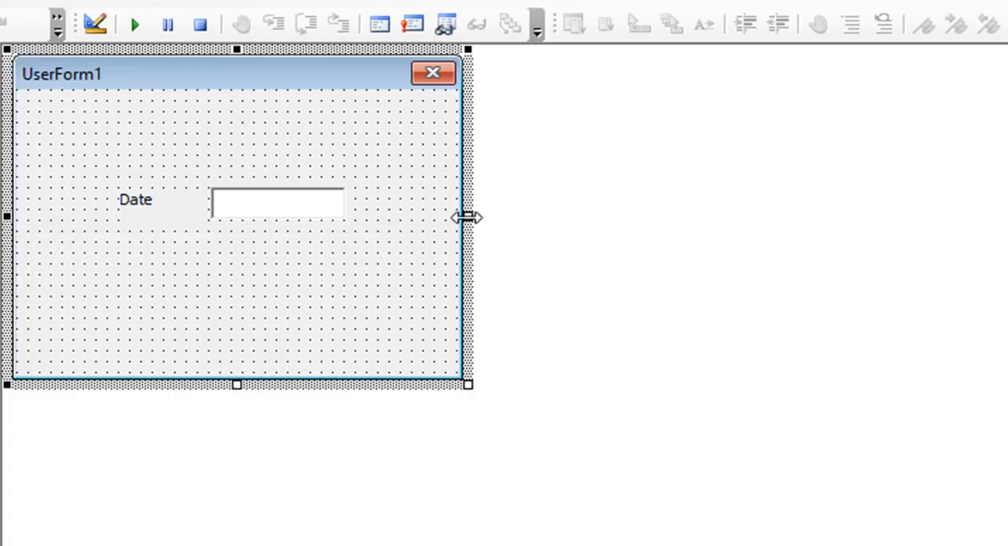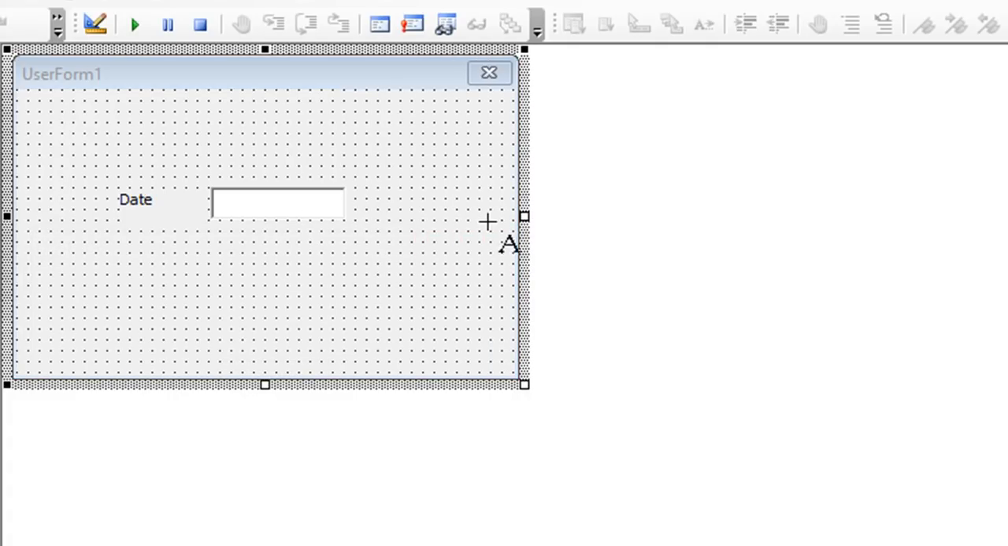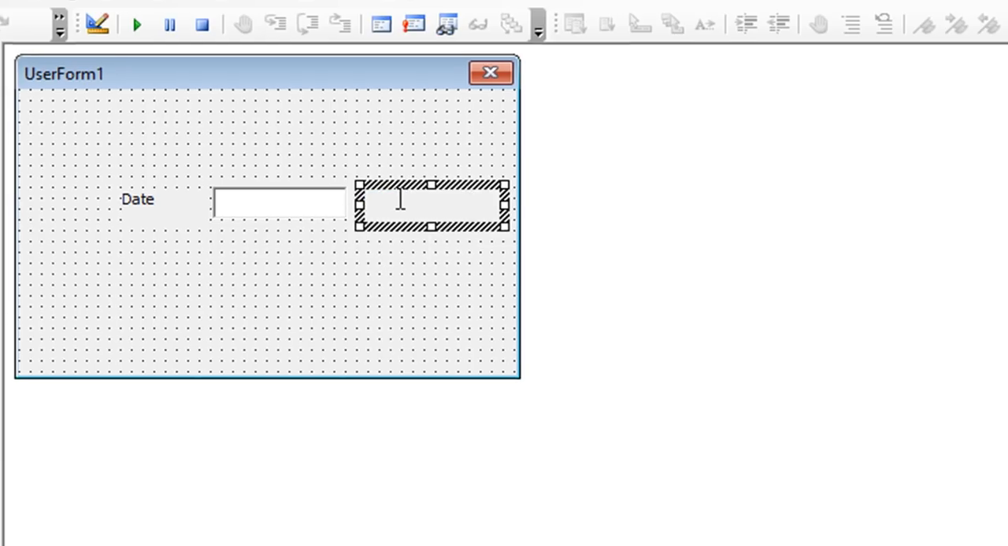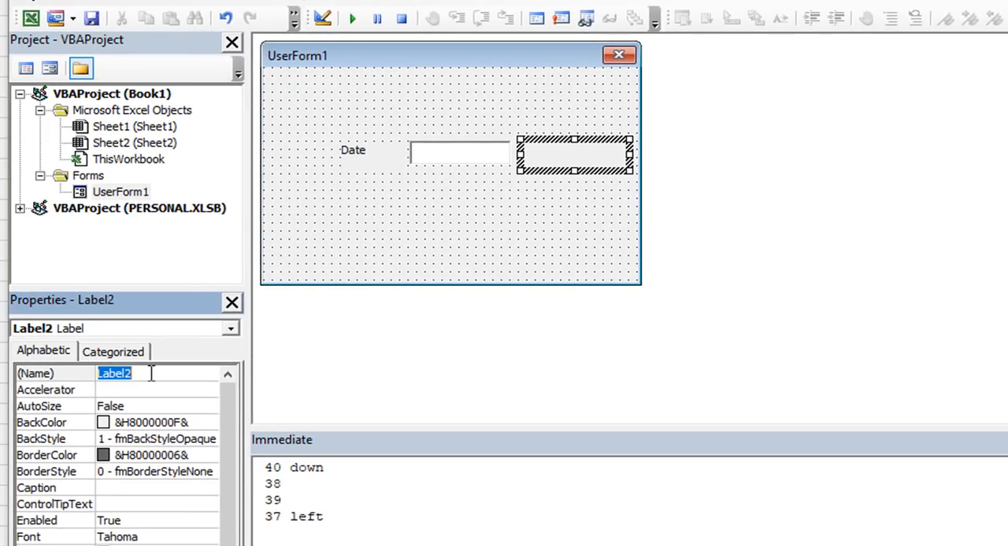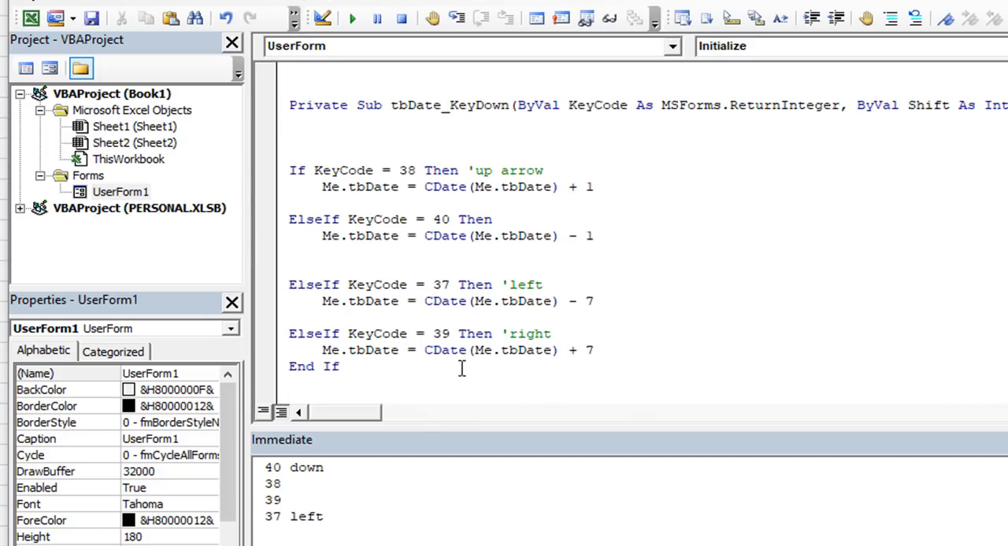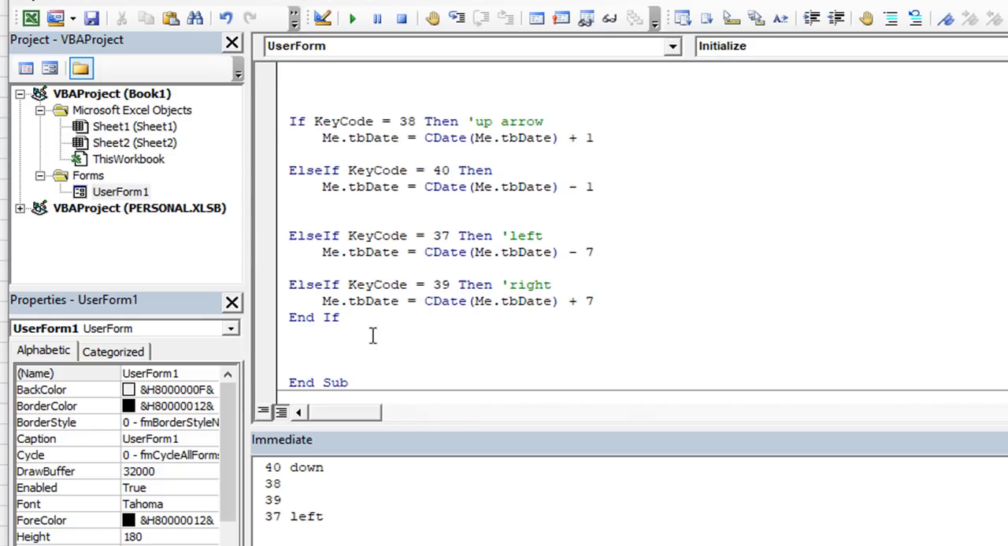Last thing I'm going to do is put a little label over here. We're going to do an extra label, and this is going to have the actual weekday. So let's give the label a name, LBL weekday. Okay, so every time anything happens to this date, let's tell it that we need to revise that as well. So down here at the bottom, we're going to do, let's see,